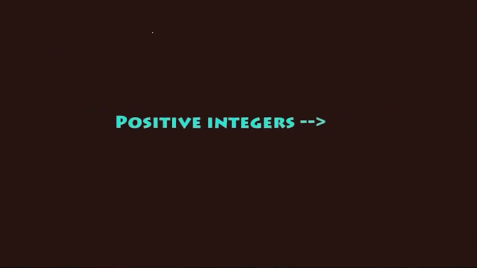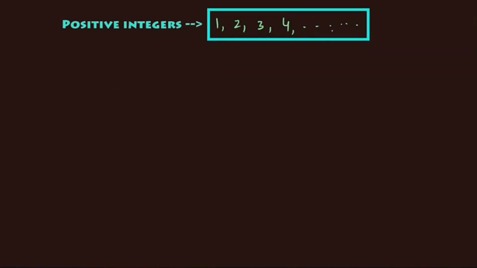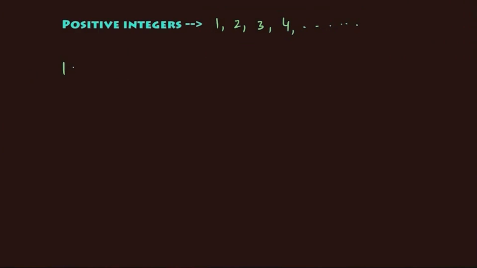Hello everyone. In the previous session, we had learnt about positive integers that are simply counting numbers 1, 2, 3, 4 and so on. In this session, we are going to learn something more on these positive integers. So let's take some positive integers: 12, 30, 42 and 18. Can you now tell me what is common between these positive integers?